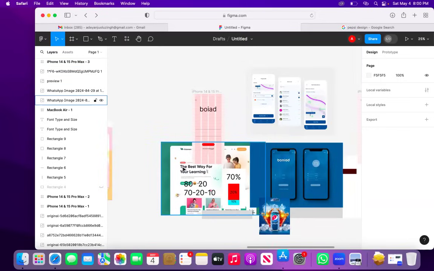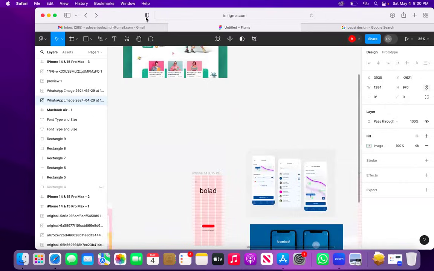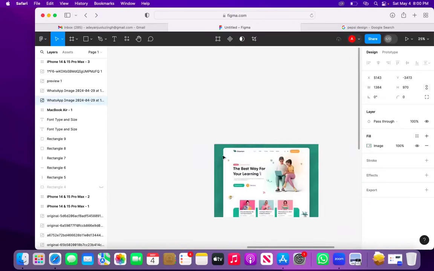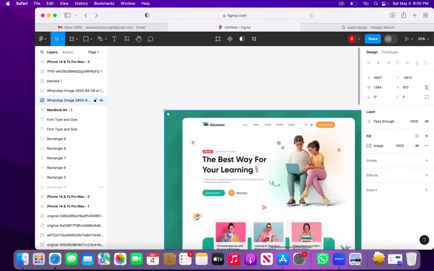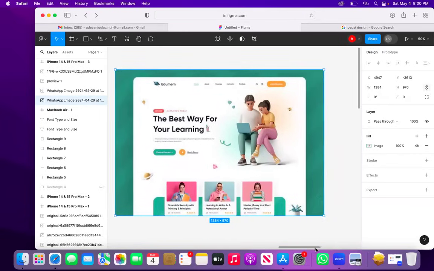I think this is another image. Let's check this out. If the design is not complete, that's what it is. So now, forget this background here. This is your main design here. Do you understand? If you look at it closely,